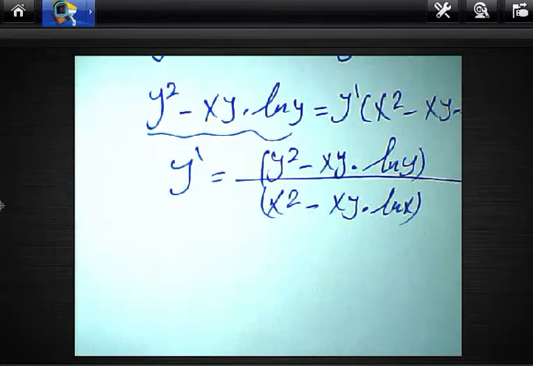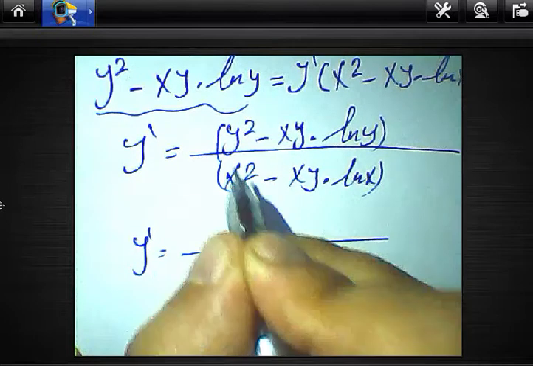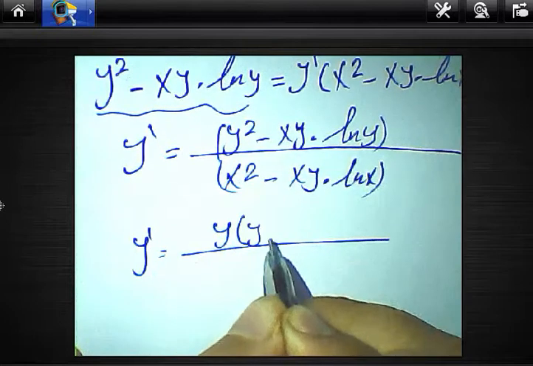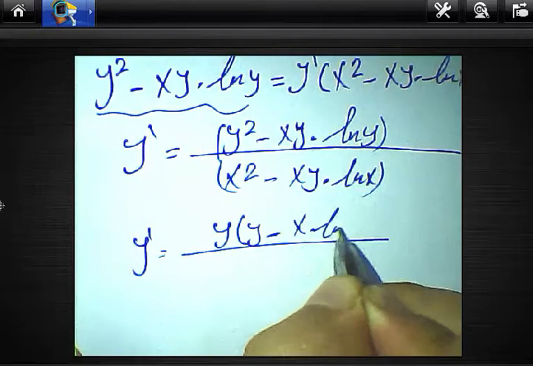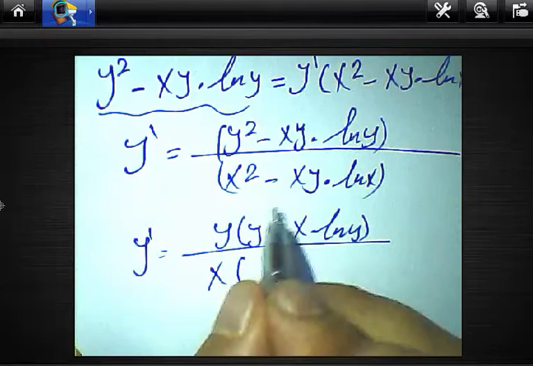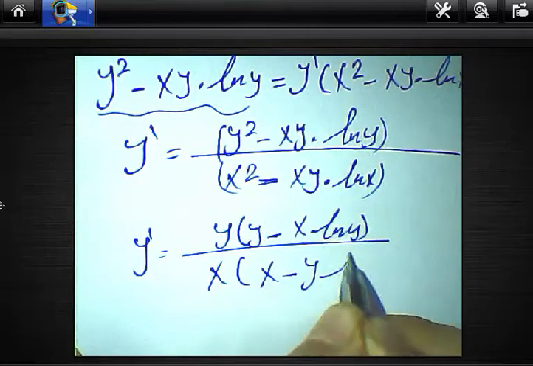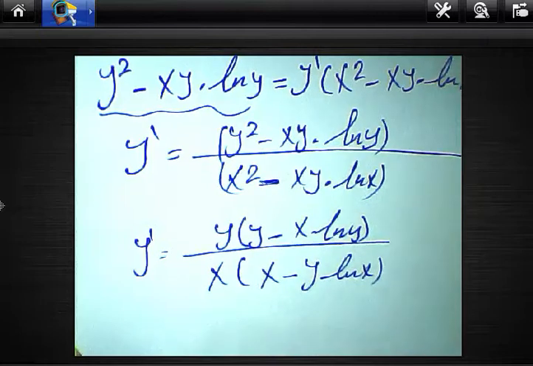You can simplify it here. You can write y outside as a coefficient from the numerator here. It will be y subtract x multiplied by ln y, over, we can write x as a coefficient of these two terms. The result will be x subtract y ln of x. Okay,